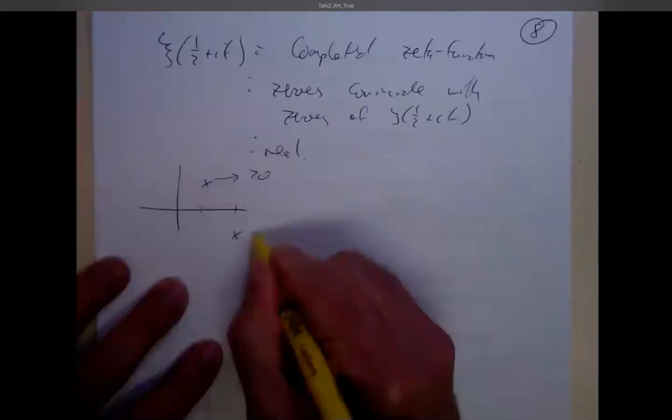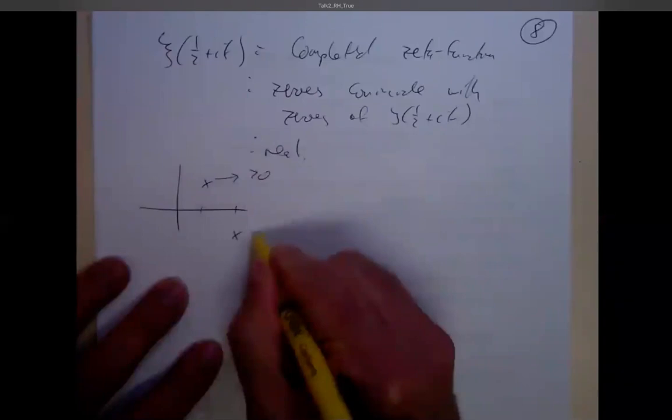But the thing that everyone has done since Riemann's time in the 1850s is to say, look, how do I find zeros of a complex function? That's difficult because maybe I find the real part is close to zero here, the imaginary part is close to zero here. But it's no good if the real part's zero here and the imaginary part's zero there. They have to be zero at the same point. They have to be coincident zeros. So that in general is quite difficult.